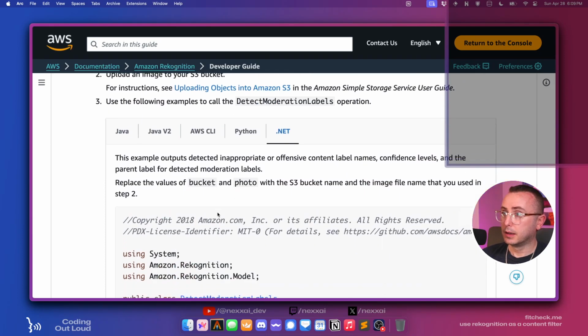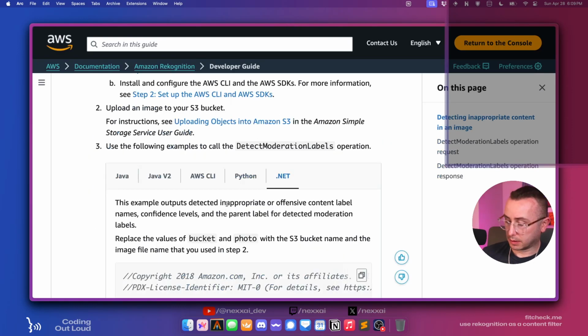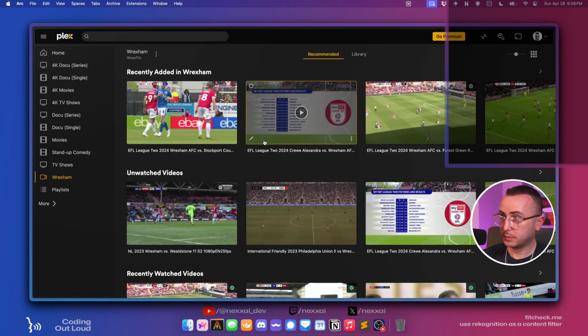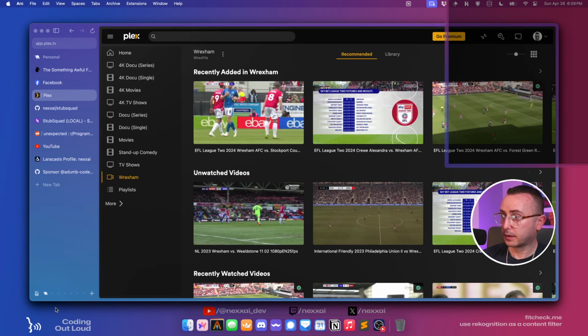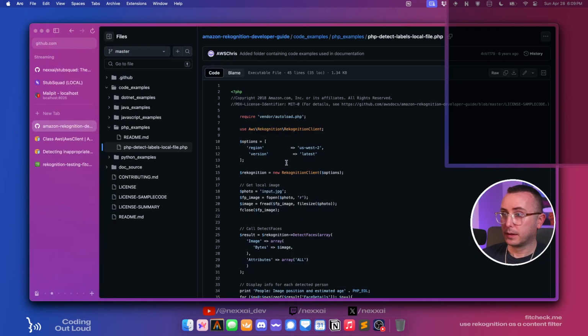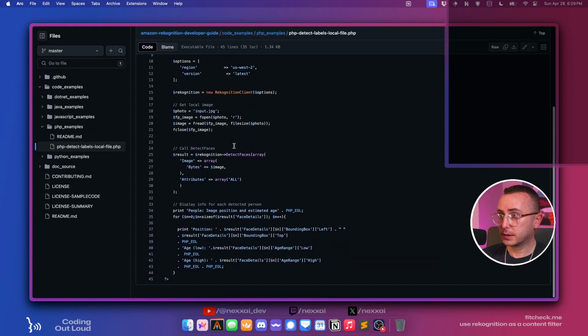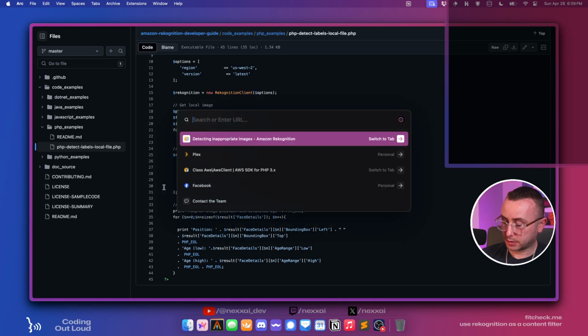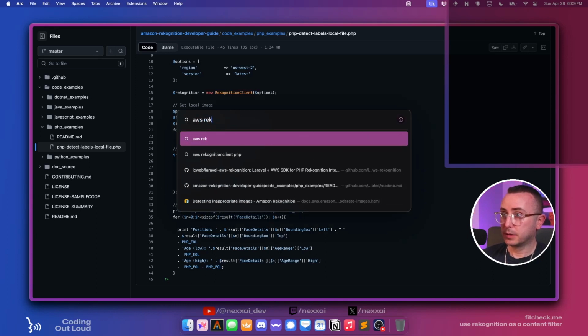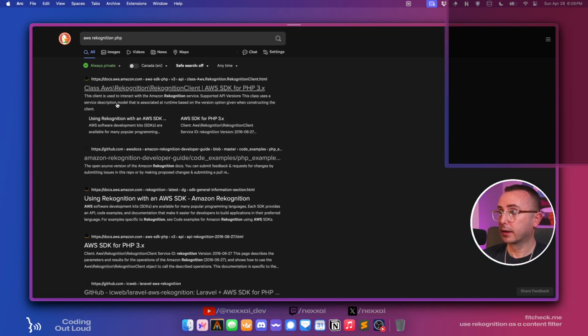No. Okay, let's go like this. Okay, how are they doing this? So they're using a local image, not an S3 image, which doesn't super help us. AWS Rekognition PHP. Because what we want to do is